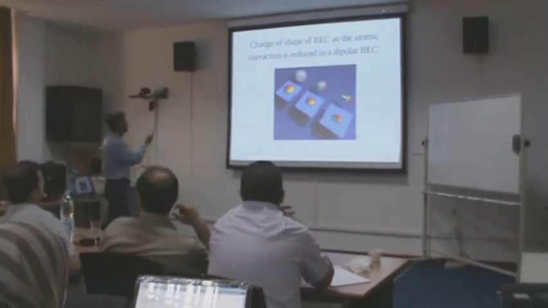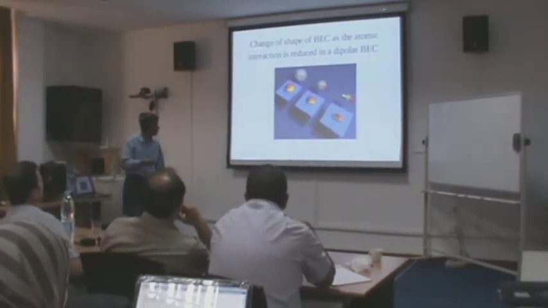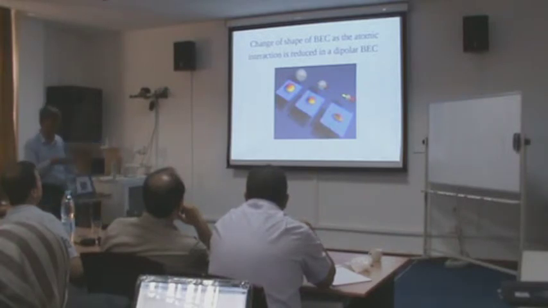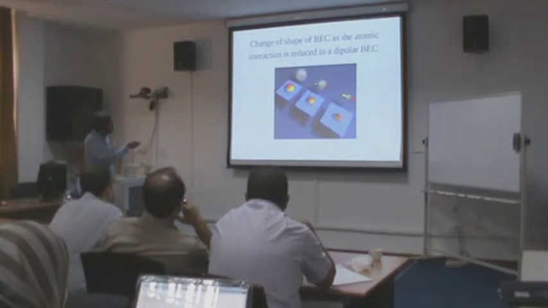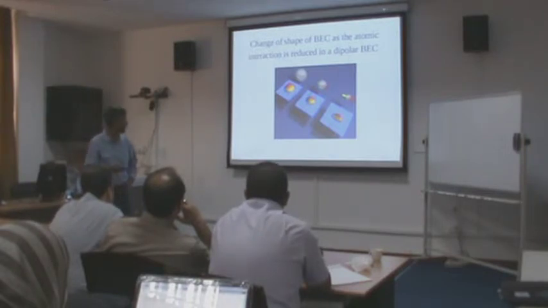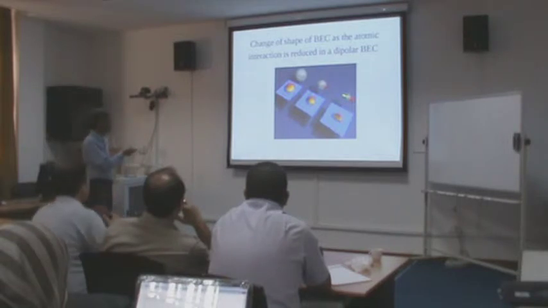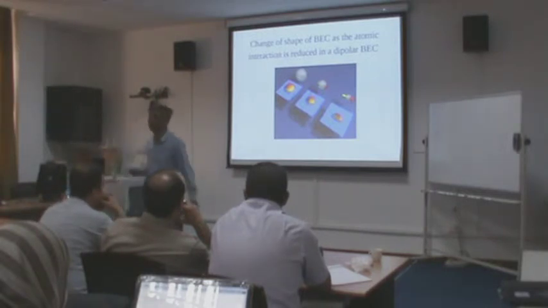So what happens is to increase the dipole interaction compared to the contact interaction. So there is a balance between dipole interaction and contact interaction, and this is the shape of a condensate, which is mostly spherical. Now we see that if you make the dipole moment a little larger than the strength of the contact interaction, it becomes a little longer in this direction because of dipolar attraction. If the dipolar interaction is further increased, it still becomes longer, it becomes elongated, it aligns along the dipole moment.